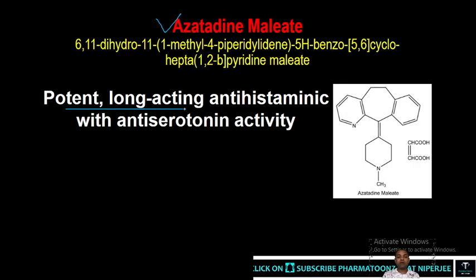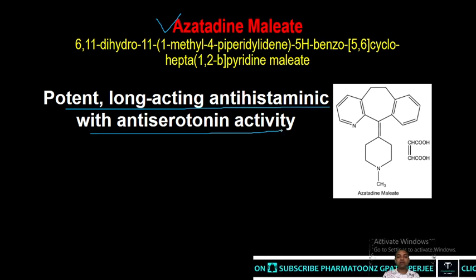It is a potent long-acting antihistaminic with anti-serotonin activity. So this is the structure of the